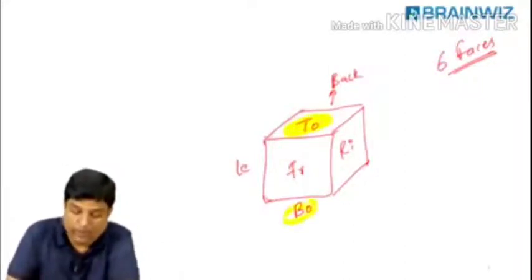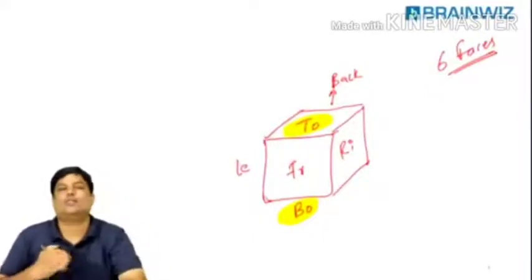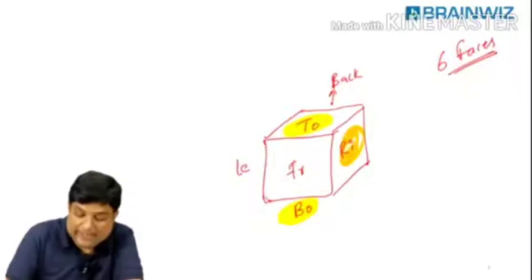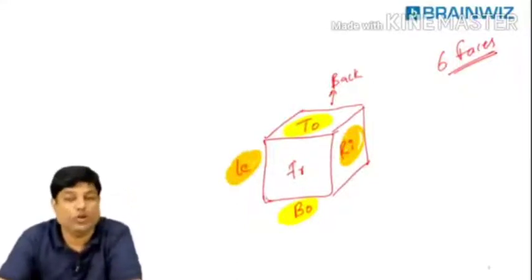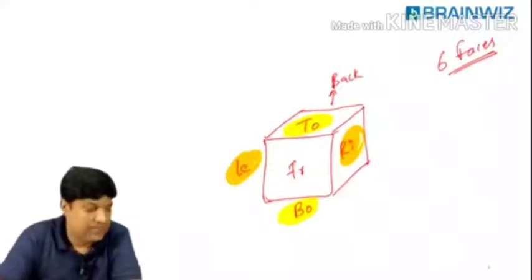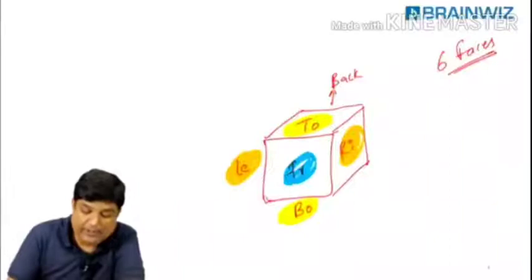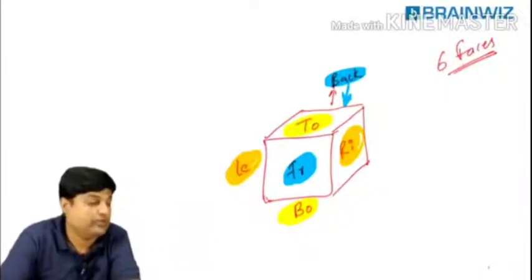Top and bottom are opposite to each other. Top face and bottom, they never touch. And not only that, students, right side and left side, they are also said to be what faces? Opposite faces. That's true. There is one more opposite: the front side and back side. These are said to be opposite faces.